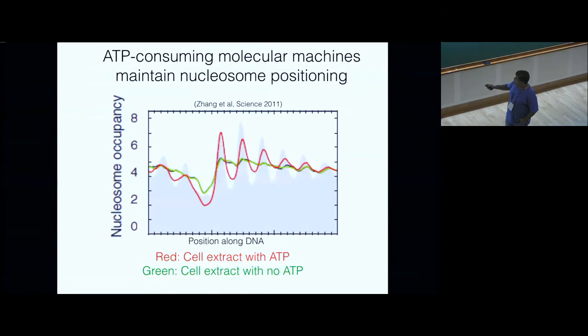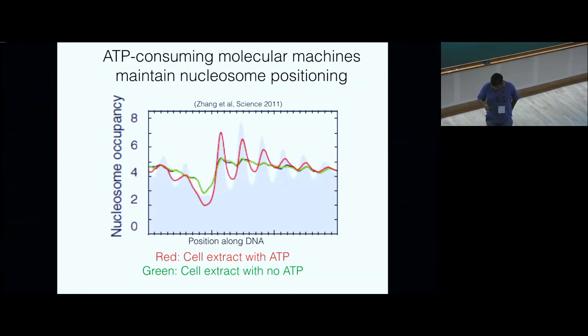For example, the Frank Pugh lab did a nice experiment of nucleosome positioning in vitro with cell extract with ATP and cell extract without ATP. And what they found is that if you have cell extract with no ATP, you do not get this nice organization. You get almost a flat curve. So this interestingly shows that ATP and ATP-dependent molecular machines are necessary to maintain this particular